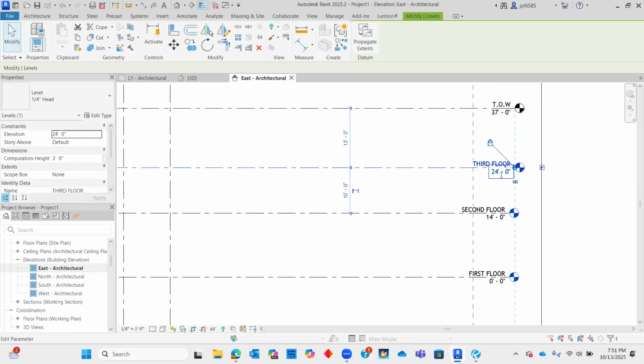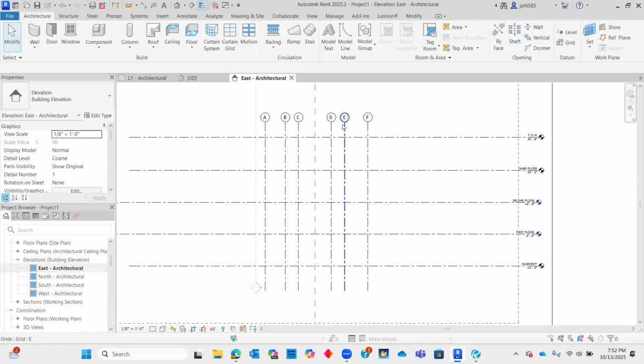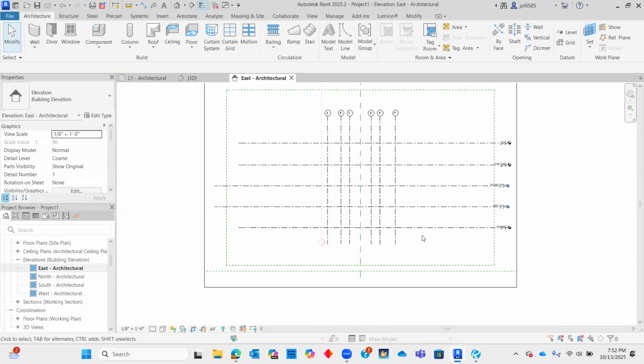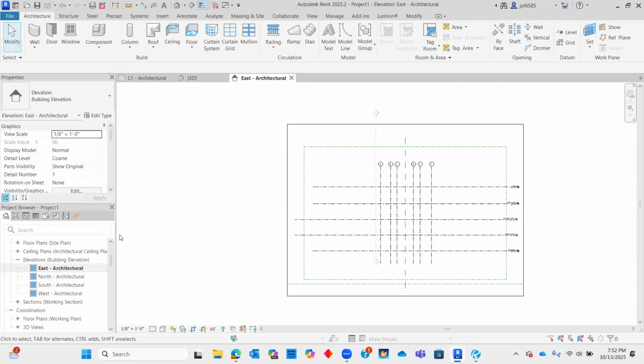All right, so now the third floor, we know, according to, again, that north elevation, it's at 28 feet, and our top of wall is at 42 feet, 8 inches. Wonderful. All right, so everything is in. I'm going to move these up a tiny bit higher. That's all good. And now the next thing that I'm going to do is check the rest